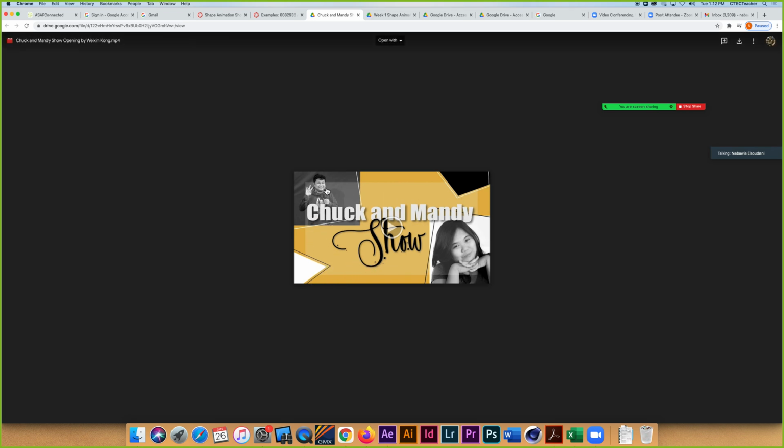And then we have media that it's framing. So we have photographs of the stars of the show. For this week, don't worry about media, photographs, or making the show specific. Just think about the shapes themselves, and then how you might next week add media to it to make it more specific. I'm going to play this so you get a